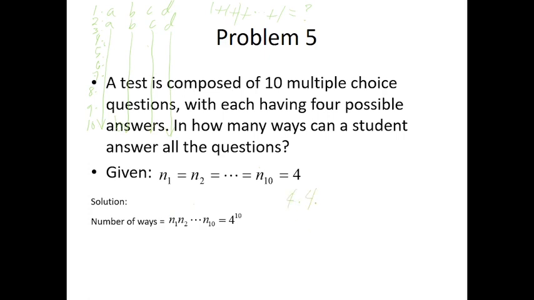Diba, laws of exponents, 4 times 4, 4 squared. 4 times 4 times 4, 4 cubed. So 4 to the 10th power. What is 4 to the 10th power? And that will give us 1,048,576. So there are 1,048,576 ways, no, in answering